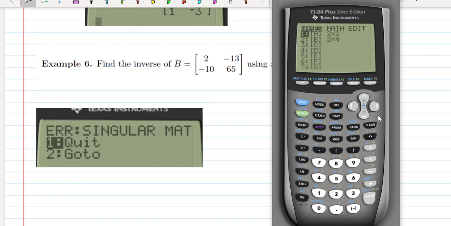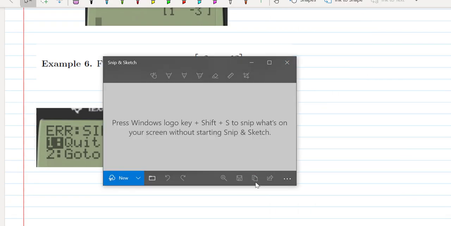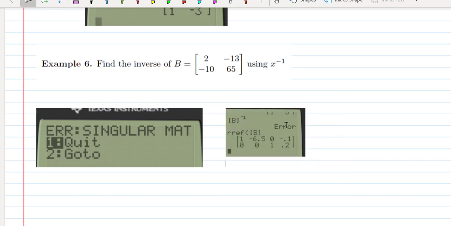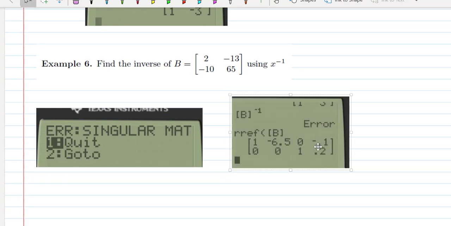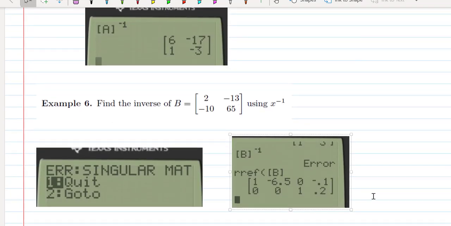I'm going to go second matrix, get my Rref to do my inverse manually. I go down to matrix B, and when I do so, I get the following output from my calculator. So when I did it the long way, like example 4,